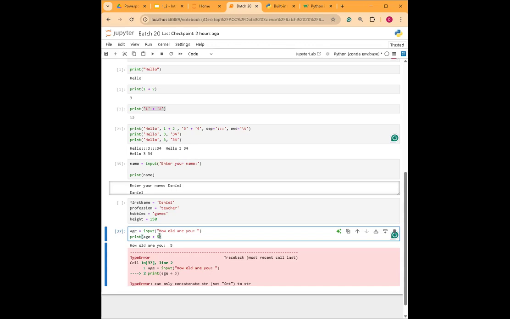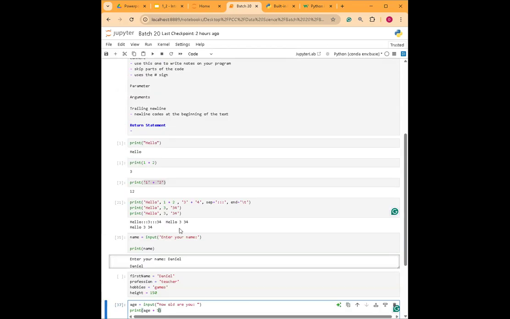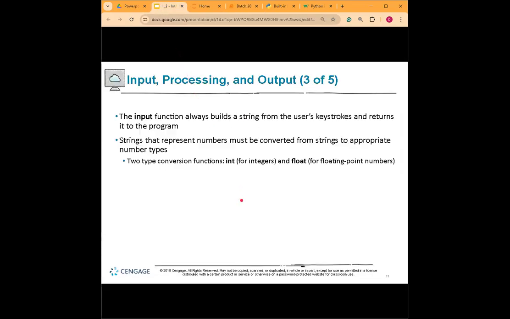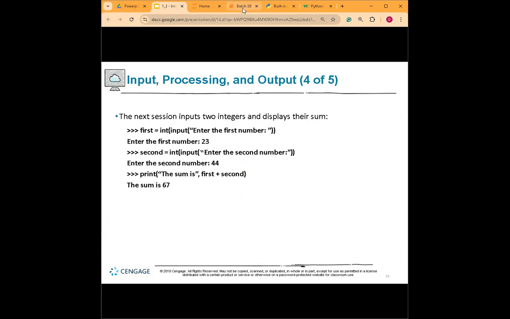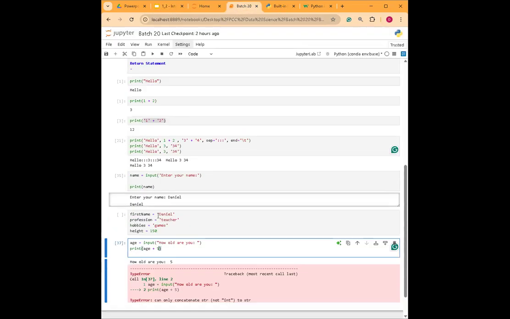There are other ways of using the int function, but it's up to you guys to look for that. If I remember correctly, we're going to discuss that somewhere down the road. But for now, the way that you use that one is you pass in a string,